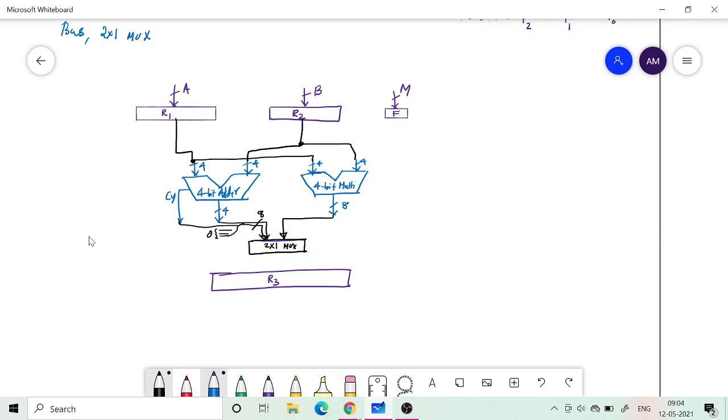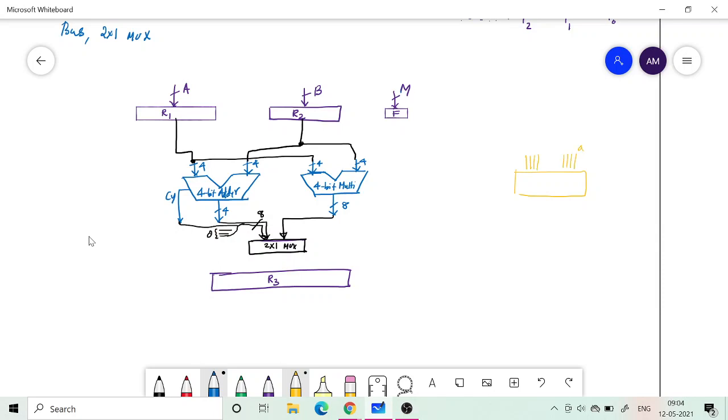Okay. What I'm saying is, take two 4-bit inputs. This is one set of input, and this is another set of input.